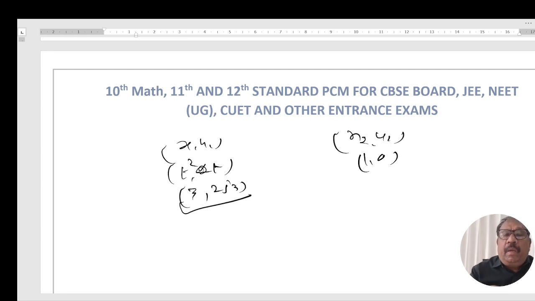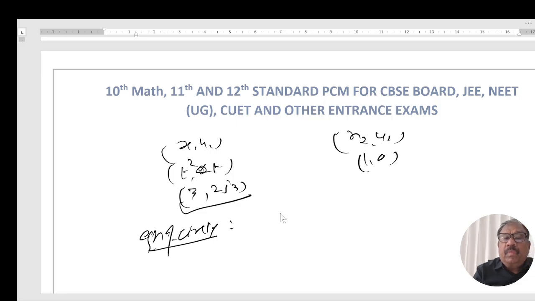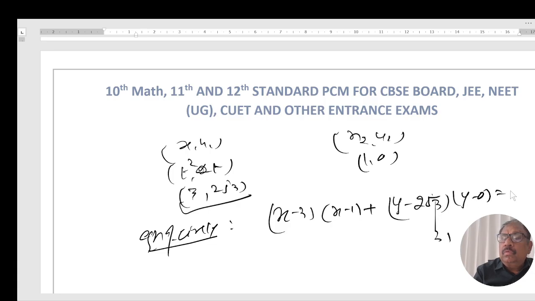Now to find the diameter form equation of the circle, the equation of the circle will be (x minus 3)(x minus x2) plus (y minus 2 root 3)(y minus 0) equal to 0. To find the y-intercept, as the circle touches the y-axis,